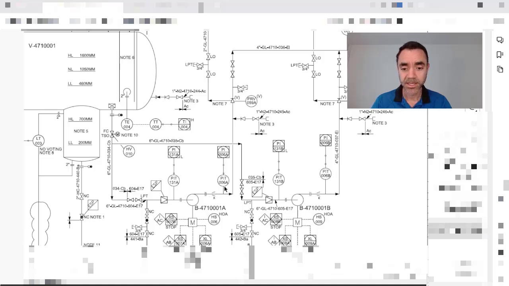So in the discharge of the pump and in the suction of the pump, we have pressure transmitters. In this case, not necessarily can be and need to be pressure transmitter. It can be manometers or a local pressure indicator, but it's important to have this kind of instrumentation, because reading the pressure downstream of the pump and the pressure upstream of the pump, it's possible to verify in the pump curve the amount of flow that the pump is